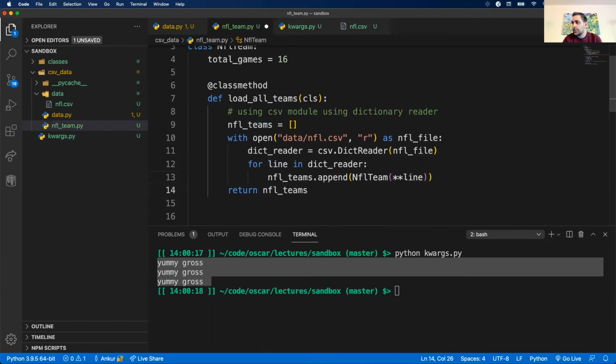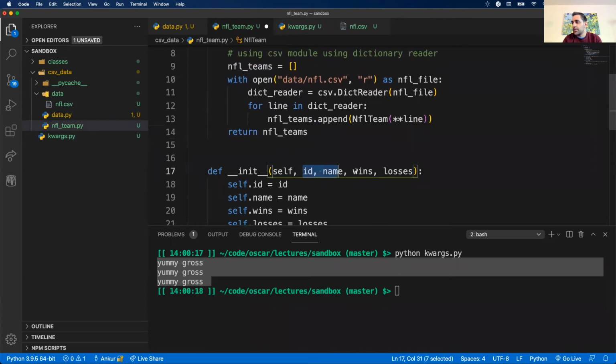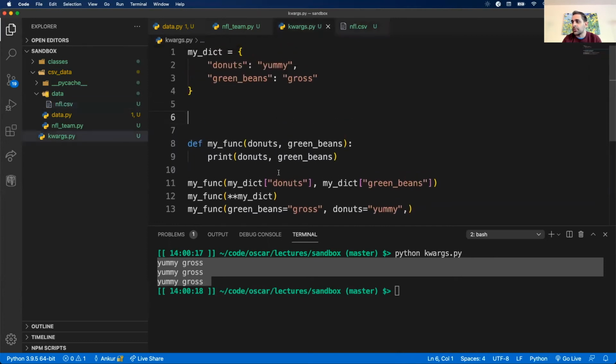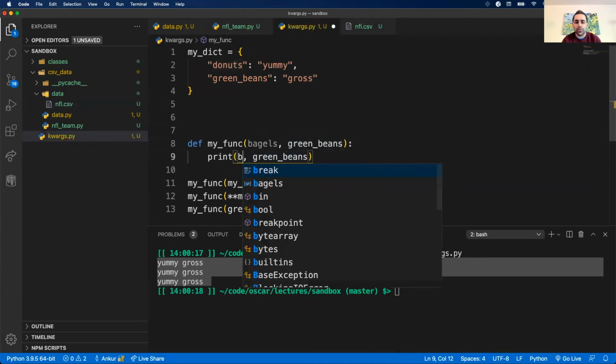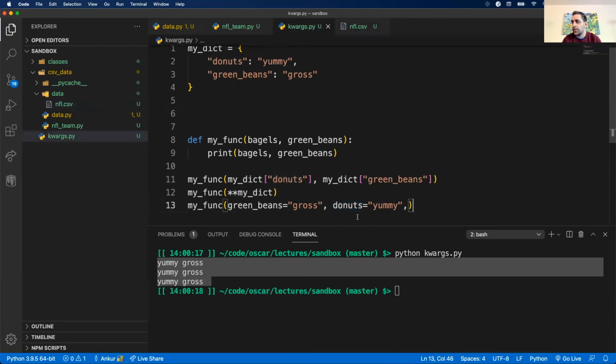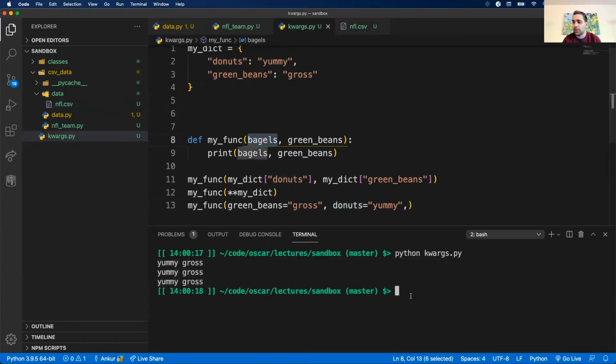Why can I do this? The reason is because these values here map exactly to the headers here. That is very important. Those keywords must match. If they don't, you're going to get an error. So if I go back to my kwargs and name this a little differently, let's say I name this bagels instead of donuts. Normally, you can name your parameters whatever you want, and this is technically fine, but when you try to pass it an unmapped parameter, it's not going to have a value for bagels. So if I try running this,